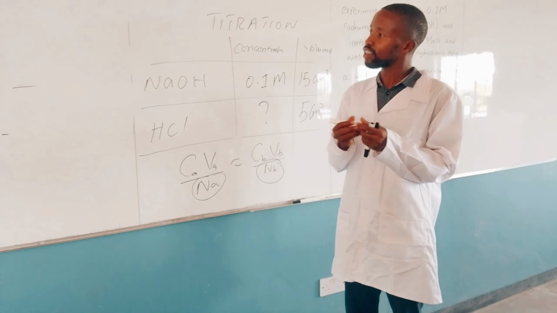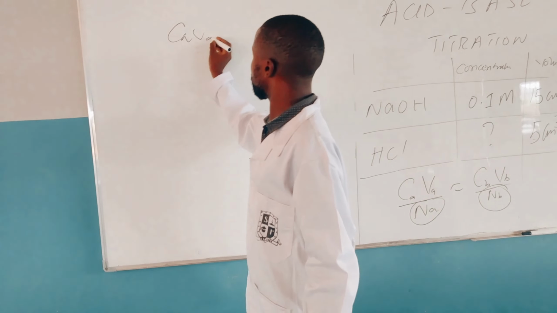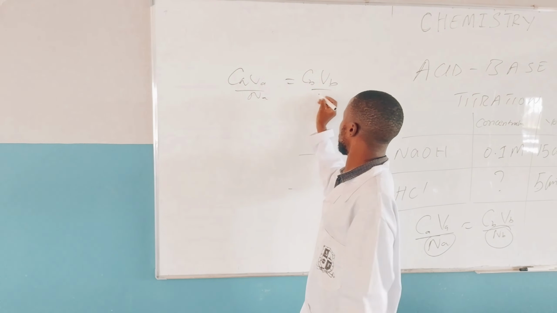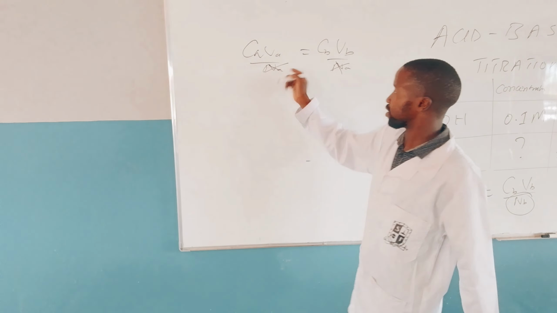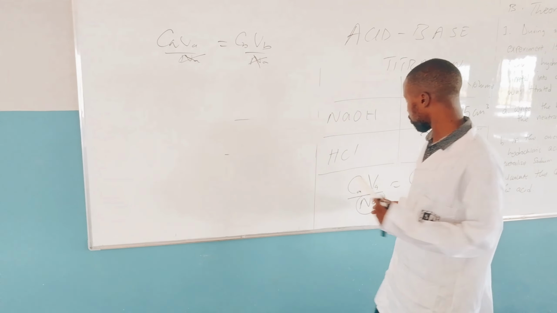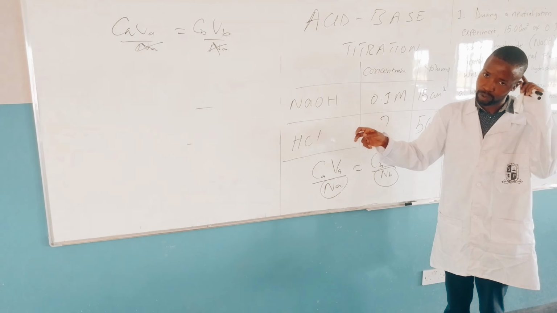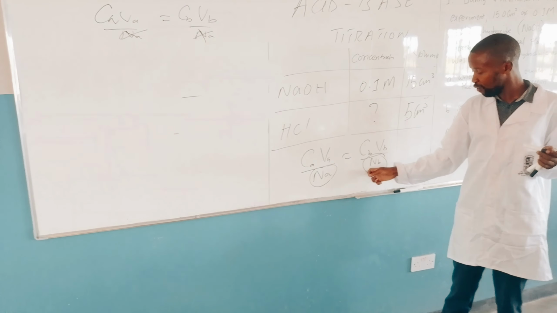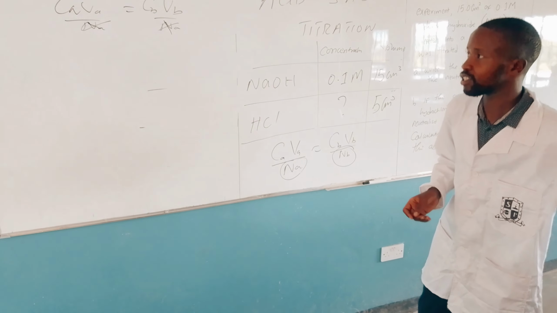Most students, I think, are familiar with just CA VA is equal to CB VB, and most of the time they use just CA, VA, CB and VB. But it's very crucial to indicate the number of moles of the acid used in that particular titration reaction, in other words in the balanced chemical equation, as well as the number of moles of the base in the balanced chemical equation. So what we're going to do is